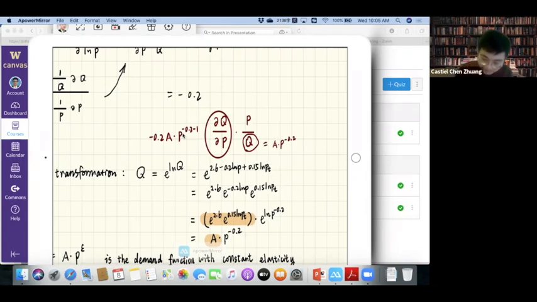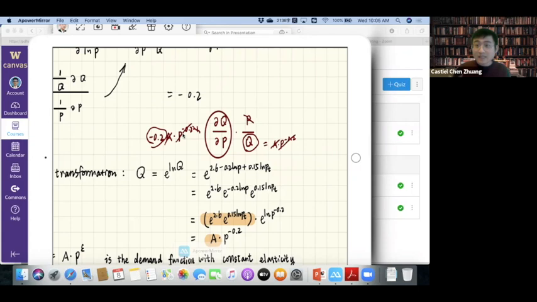And then you can cancel this P with this negative 1. And then you can cancel the A with this A. You can cancel the P to the power of negative 0.2 with this. And then you are left with just negative 0.2. So you can clearly see that the